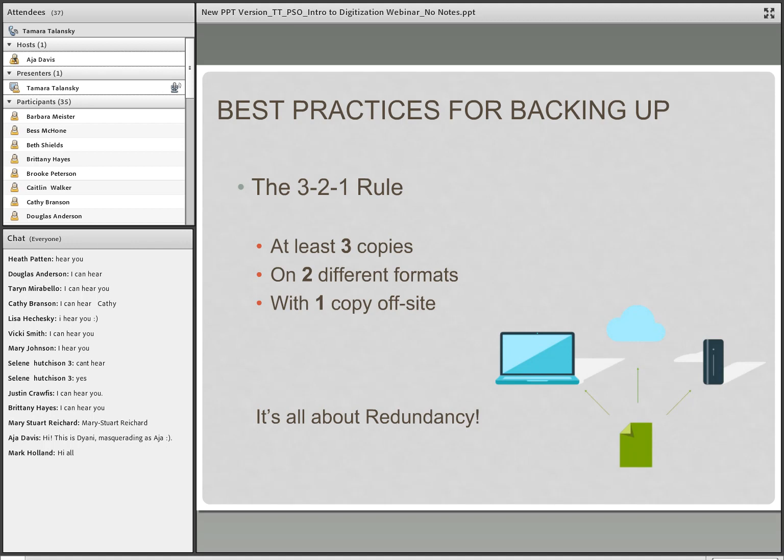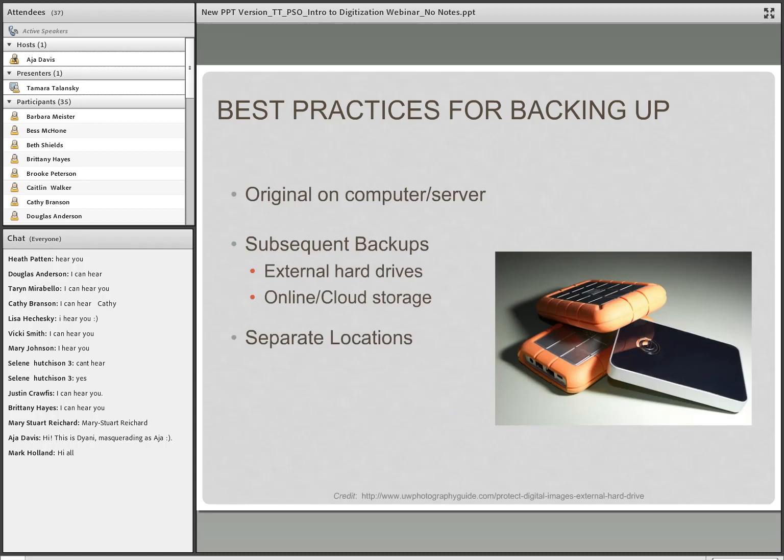So this is all based on redundancy. Remember, the 3rd and 2nd copies should be kept in different locations. So you can keep one on hand in case you need quick recovery, and then the other should be kept off-site where it is not subject to the same threats. You have a lot of options when it comes to making backups of your files.